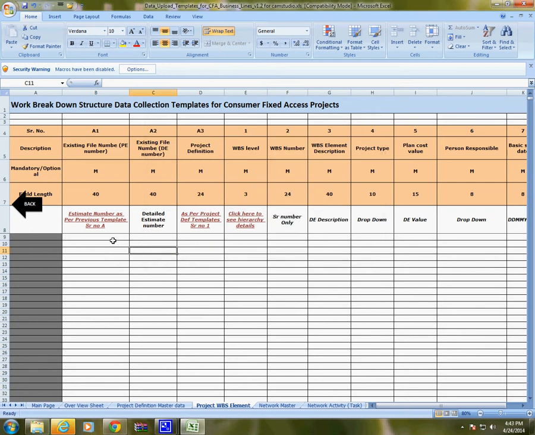So that project will have 4 detail estimates. We will have 4 different entries in this column, 1 2 3 4.